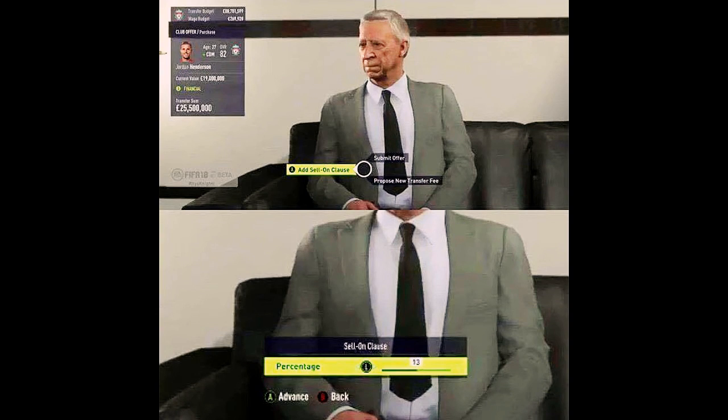Next up guys, we have new transfer methods. As you can see, there are animated cutscenes and stuff like that with the manager, the agents and so on. For example, on the screen here you can see submit new offer, propose new transfer fee, add sell-on clause, which basically could mean that you can add a release clause onto the player's contract. Say if they're signed for like 5 years, other teams probably have to pay like 80 million or whatever, depending on the player's class and stuff like that, which makes the career mode even